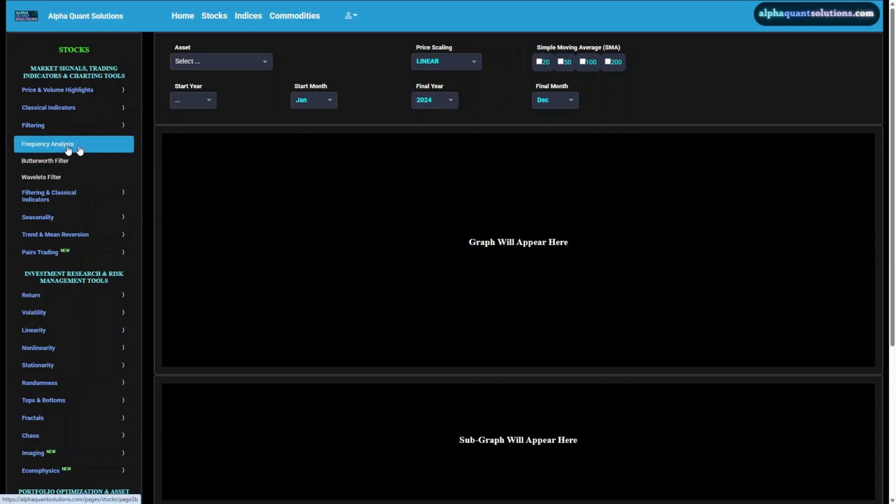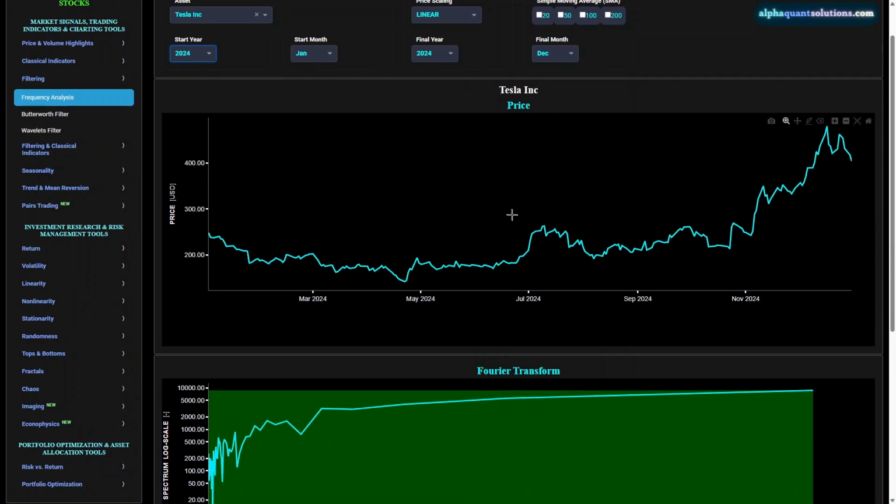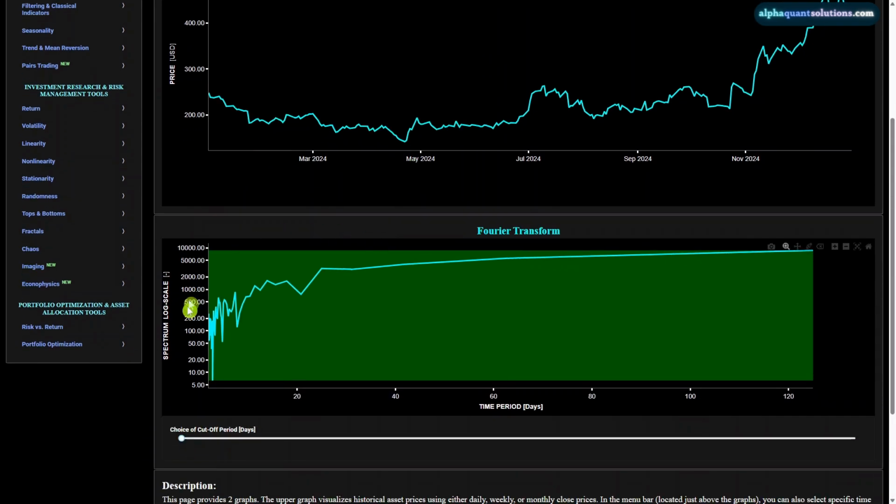So in this video, we will review the frequency analysis page. Let's start with selecting an asset. In this case, we'll take Tesla for the year 2024 between January and December. The top graph shows the asset price, and the bottom graph is basically the fast Fourier transform of the amplitude